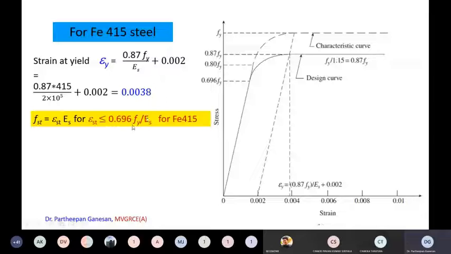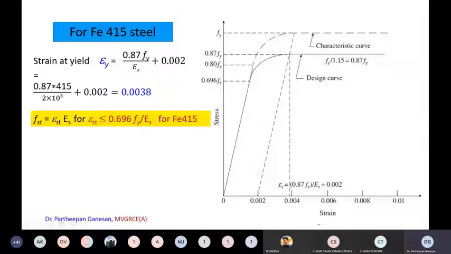Okay, 0.696 Fy divided by Es, because up to this point, your Young's modulus you can easily calculate. Young's modulus is equal to stress by strain, or strain is equal to stress by Young's modulus. So 0.696 Fy by Young's modulus, that is the value. If epsilon St is less than or equal to this value,